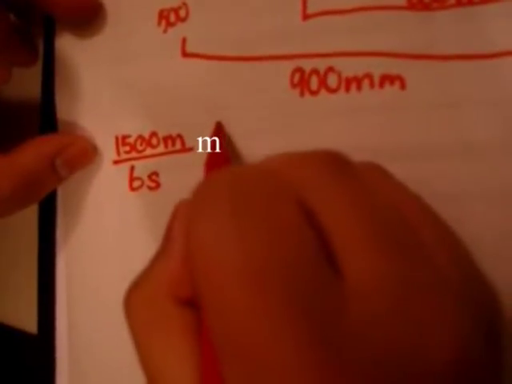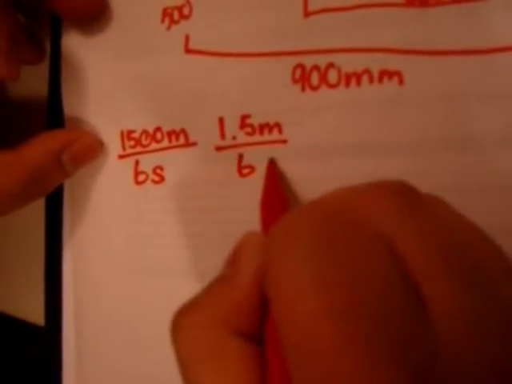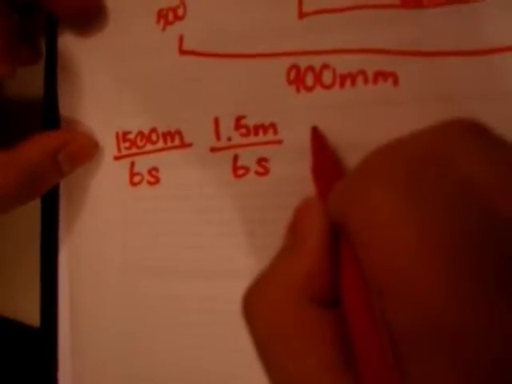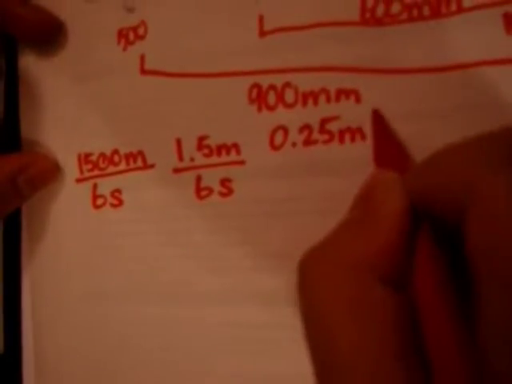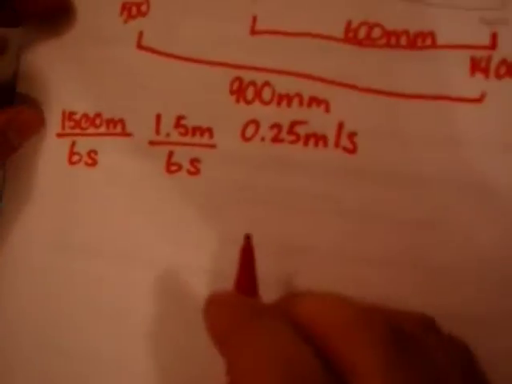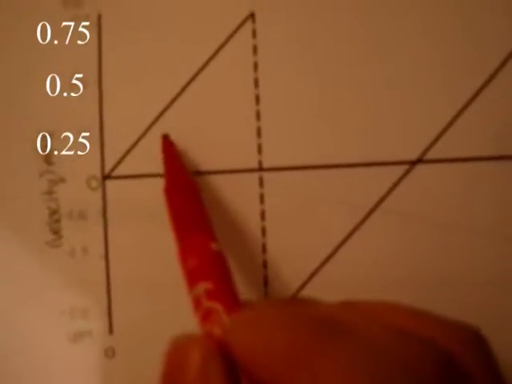We could simplify that to 1.5 meters per 6 seconds, and that divides into 0.25 meters per second. That is why in here, for every second, the velocity increases by 0.25. So it is increasing to 0.75 when this point reaches